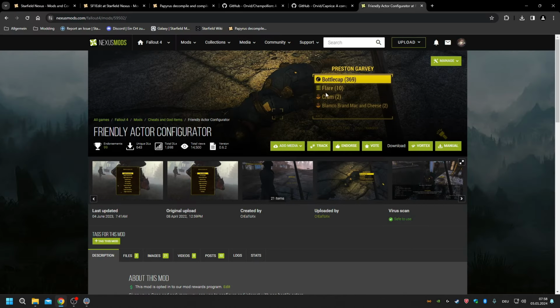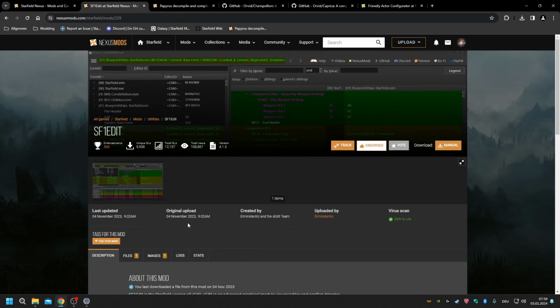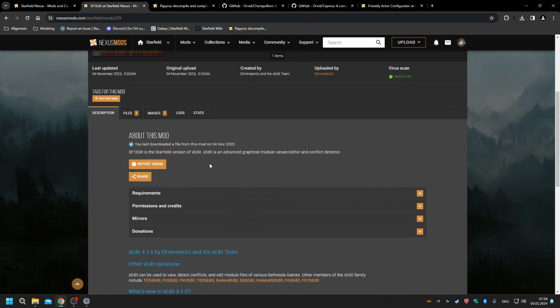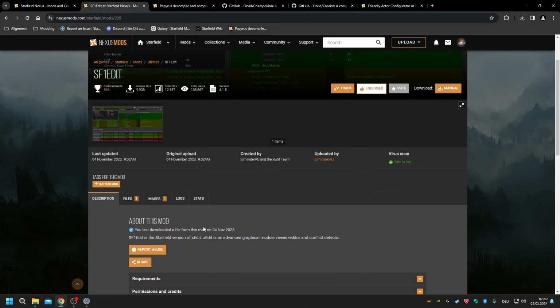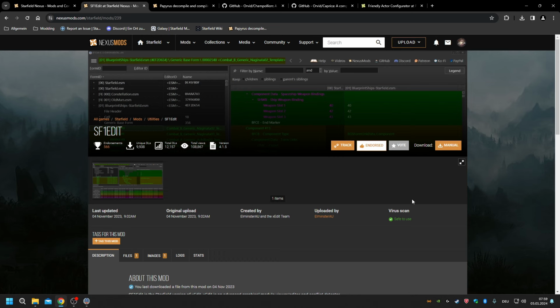What we need for that is xEdit, or SF Starfield xEdit. I still refer to it as xEdit because that's its legacy name, or its general name for all Bethesda titles, where the X stands for the specific title, so in that case it's SF. You would need that. Download, install according to instructions. Basically all you have to do is copy it wherever you want and then put a link on your desktop